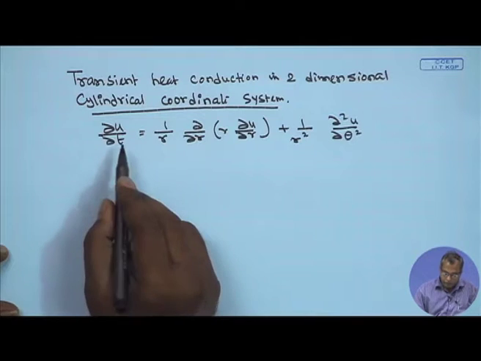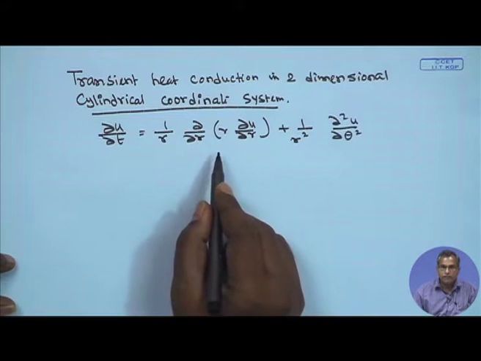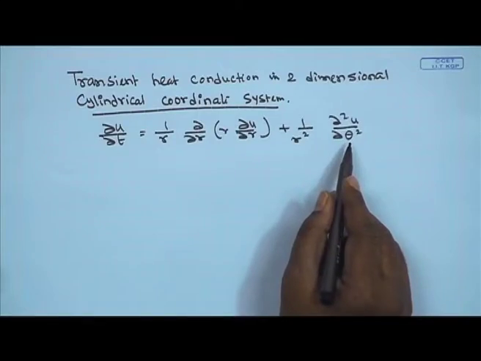Now, we will have one condition on t, that is the initial condition, and two conditions on r, because it is order 2 with respect to r. One is already known: at r is equal to 1, u is equal to 0. That means we are maintaining a constant temperature at the outer boundary. And at r is equal to 0, u is finite, or del u del r is equal to 0. That is basically coming from the physics of the system, and it is a physical boundary condition. But we need to have two boundary conditions on theta, because this is order 2 with respect to theta.